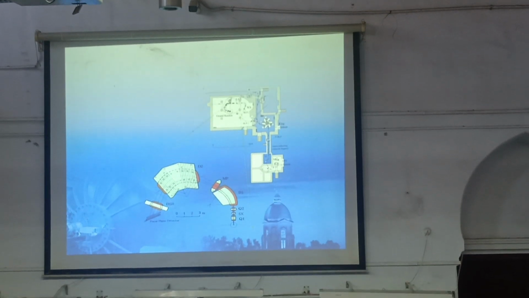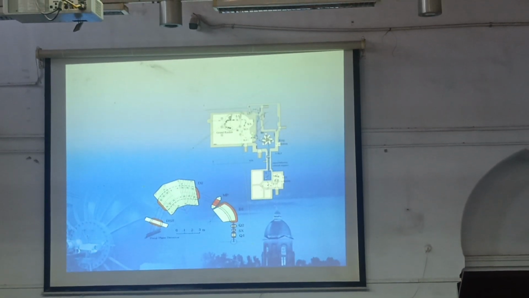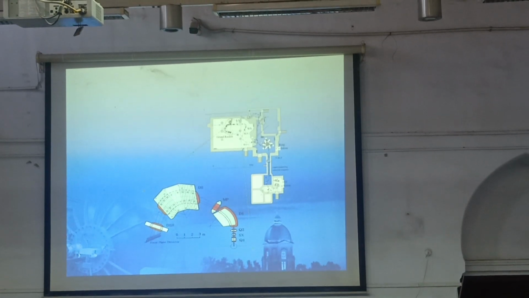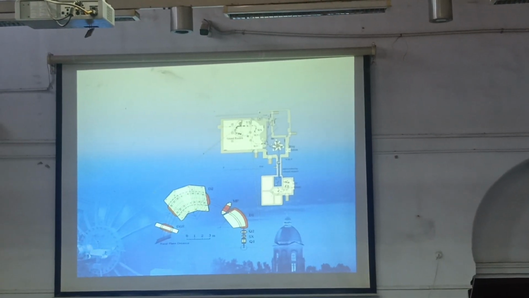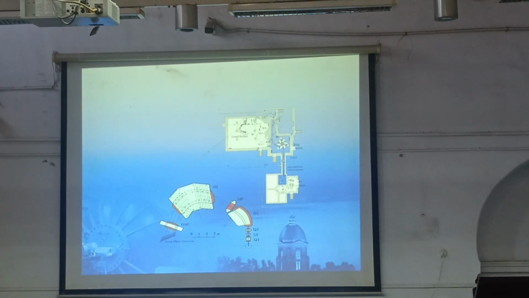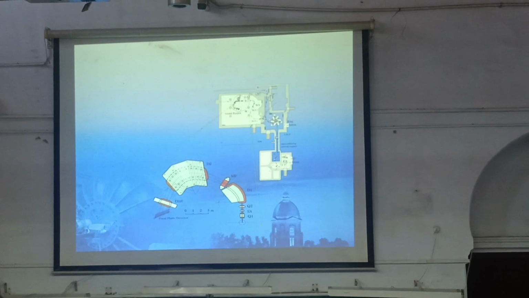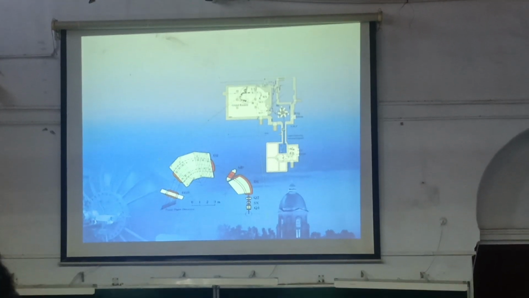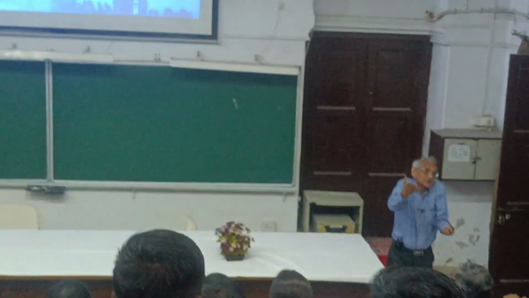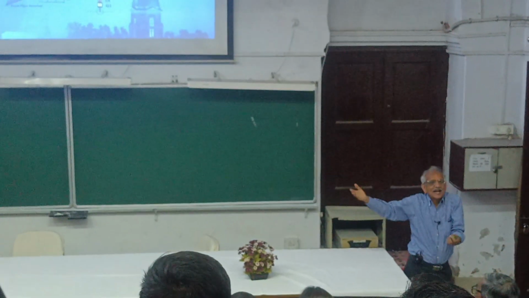What happens in a magnet? A particle bends. You also realize that the radius of this bending is inversely proportional to the momentum. Isn't that true? Small momentum will bend more, large momentum less. So if I start measuring here, all I need to measure is the position. If I see where the alpha particle came, I know the energy. Actually, I know the momentum, but because I know the mass, I know the energy.